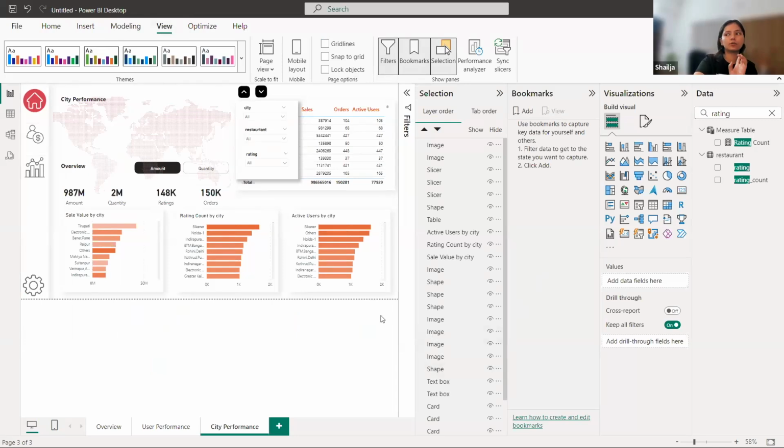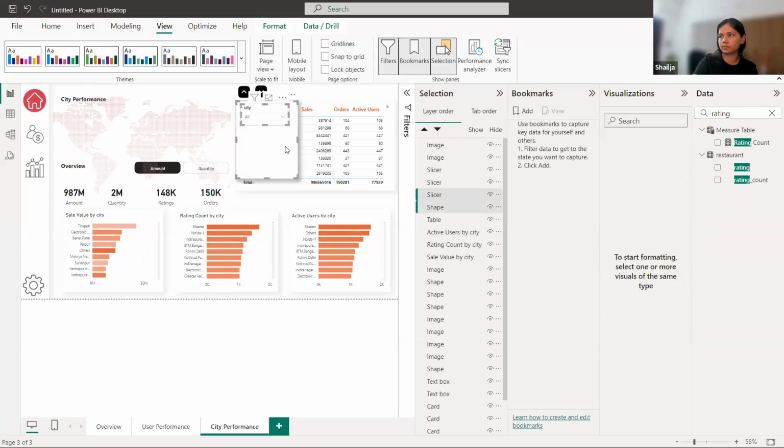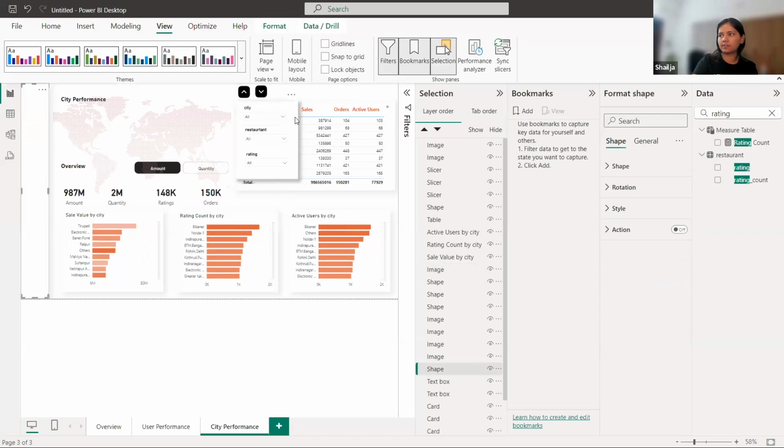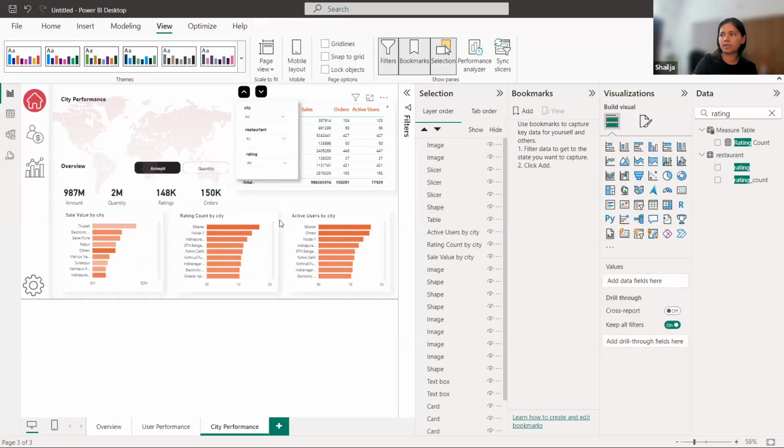So firstly, I'll have to create a group because I want that the moment I click on something, everything appears and everything disappears. So first of all, it should know what is everything for you. So I'll select this particular slicer, then this particular slicer. It's tough to select when you have a lot of visuals. Okay, so I'm not selecting this one. Let me select somewhere outside. Okay, control is pressed and